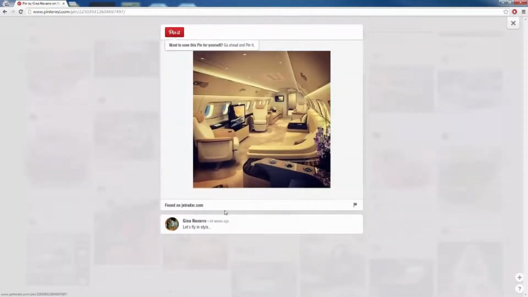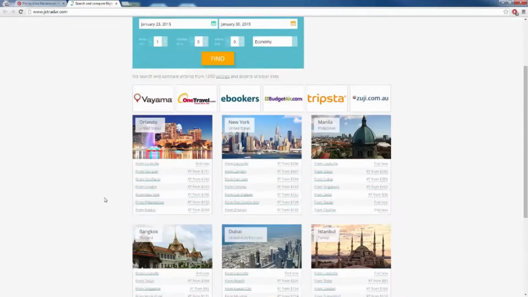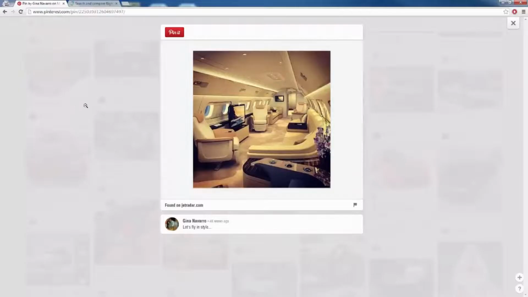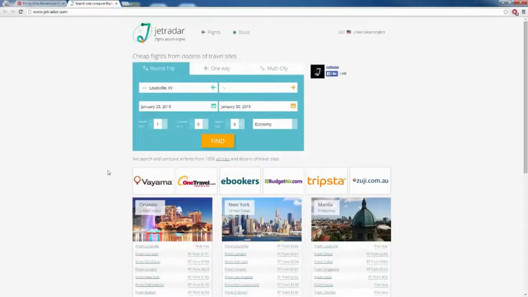And then when I actually click on the image again, it's going to redirect me to the website where that image came from. Pretty cool, right? And it actually looks like this website is using the method that I'm talking about right now, because this is a website where you book flights. So what they do is they post this cool little image here. People are going to click on it because they want to see more images like this, and it's going to redirect them to this website. And now they have Jet Radar in the back of their mind